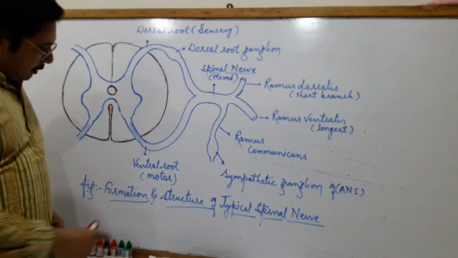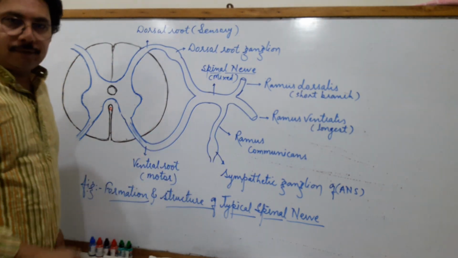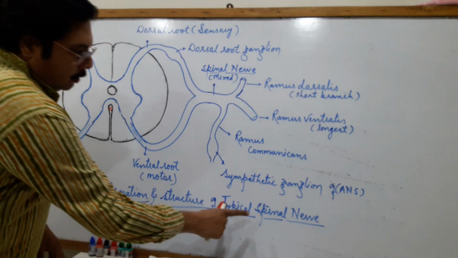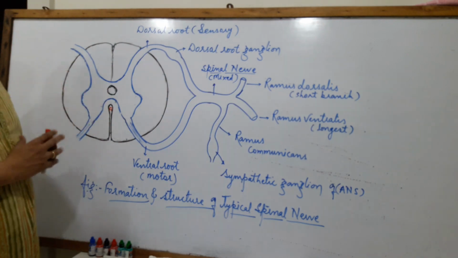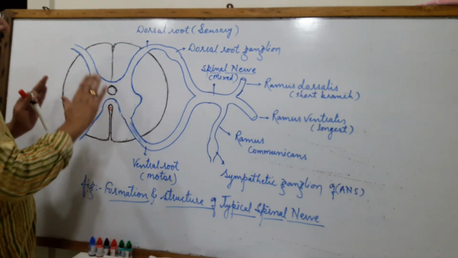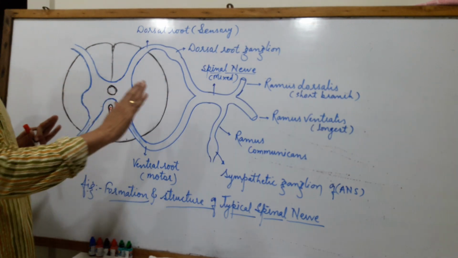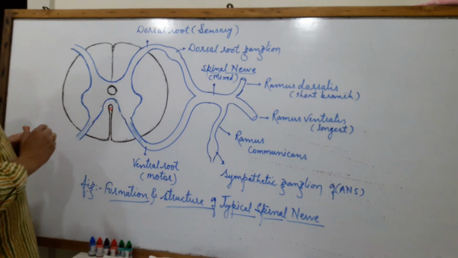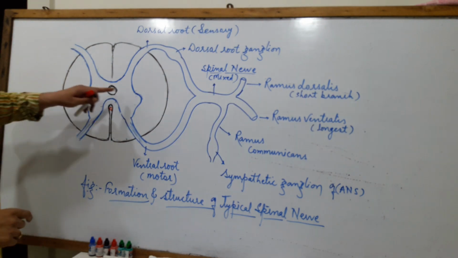Now the next part is the formation and structure of a typical spinal nerve. The nerves arising from the spinal cord are called spinal nerves. We have already studied the external morphology as well as the histology, that means the transverse section of the spinal cord. And in this transverse section of the spinal cord, the centrally placed gray matter